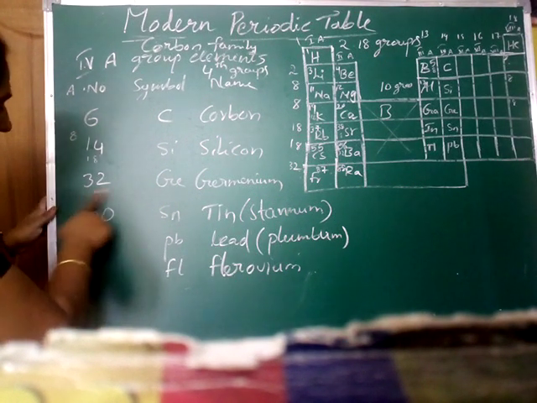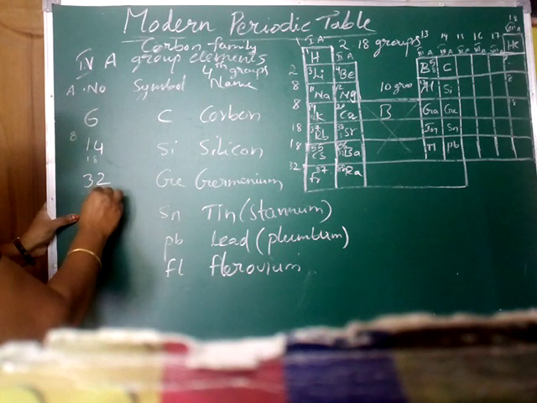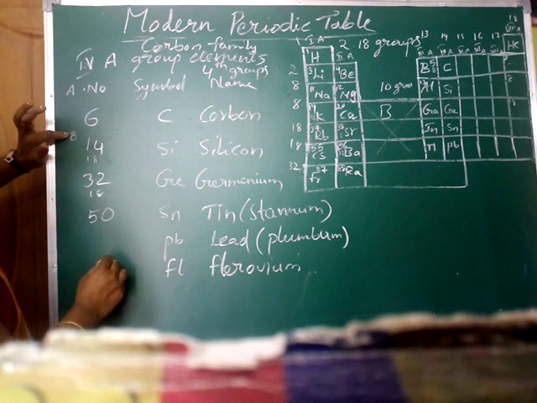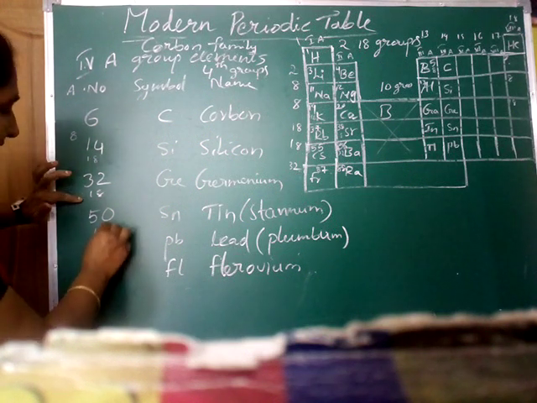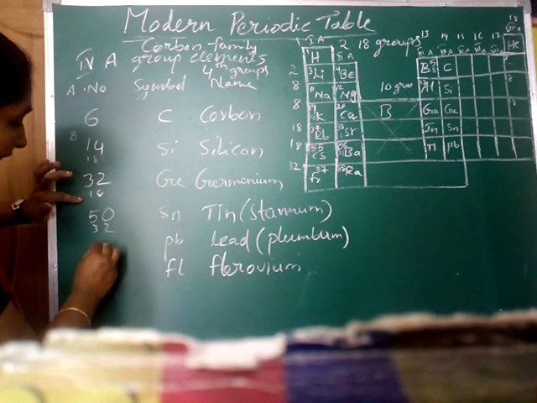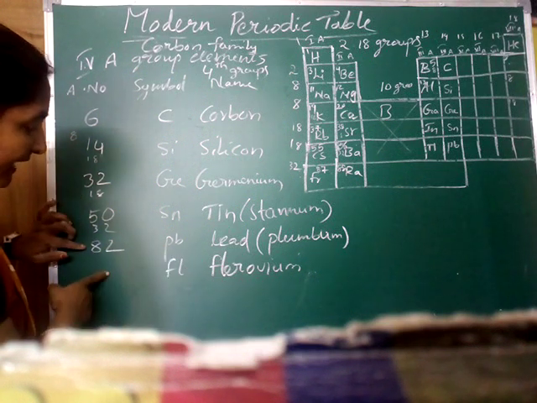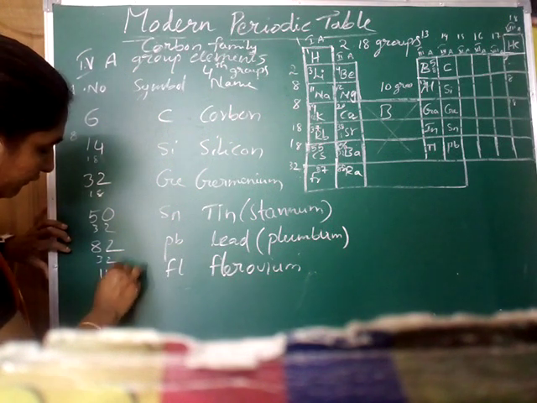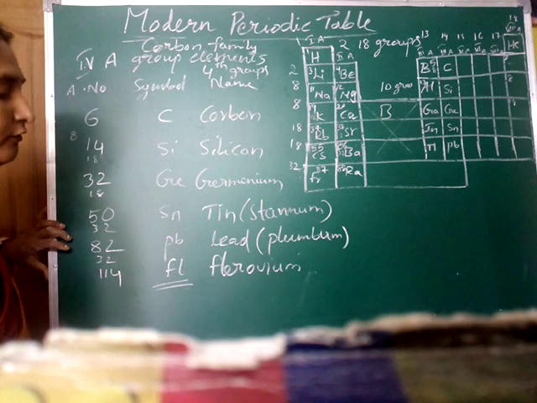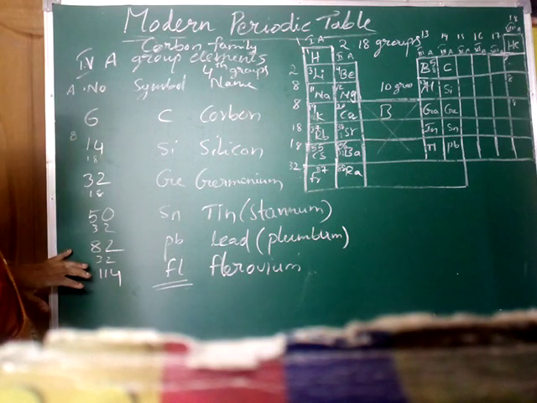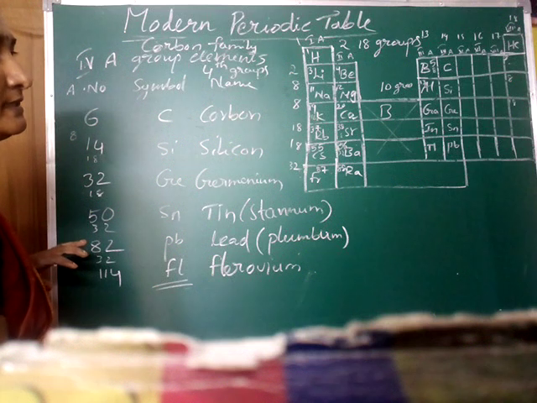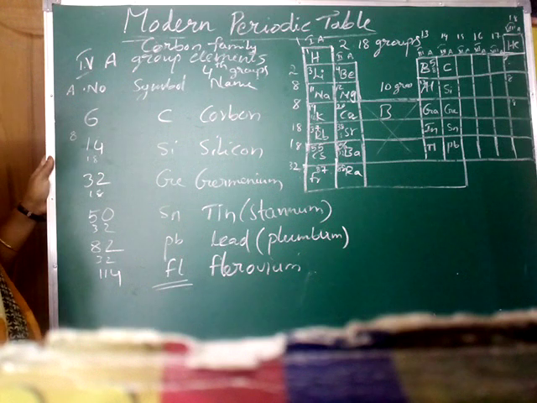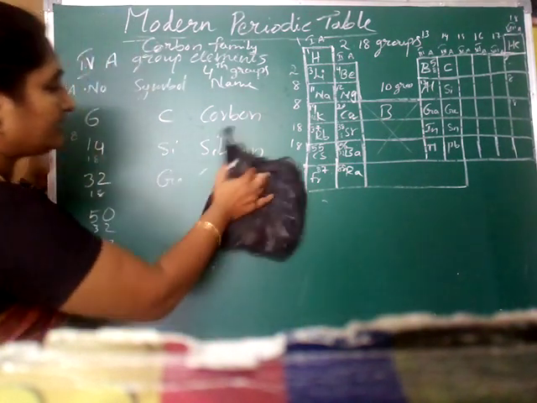Now, how much are you writing here? 18 you are adding to germanium, you will get 50, the tin atomic number. Then after, we have to add 18, then after that 32. Then we will get 82, the atomic number of lead. And again you have to add 32, then we will get 114. 114 is the atomic number of flerovium. Okay, do you understand? This is about the 4th A group elements, which is called the 4th group elements and carbon family. Next you come to the next group elements.